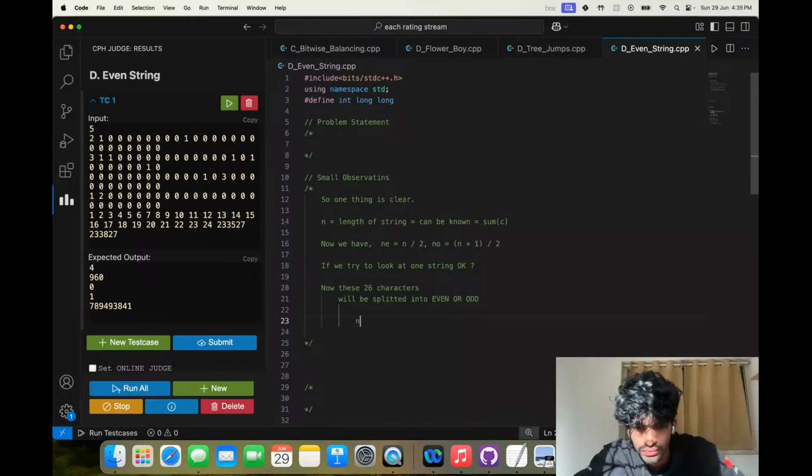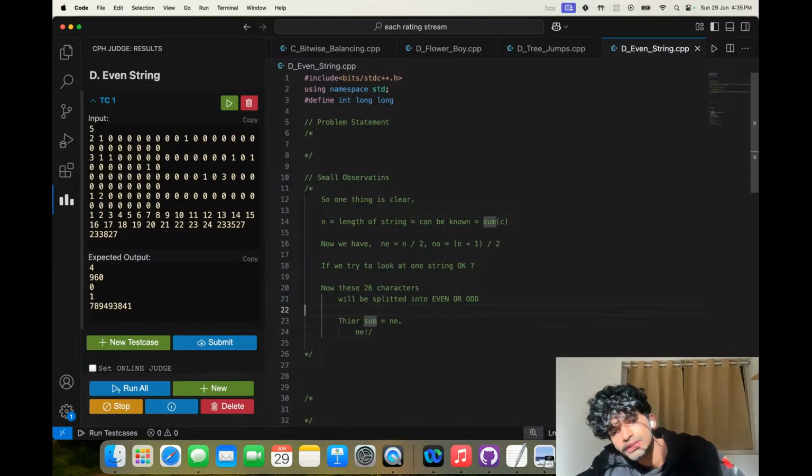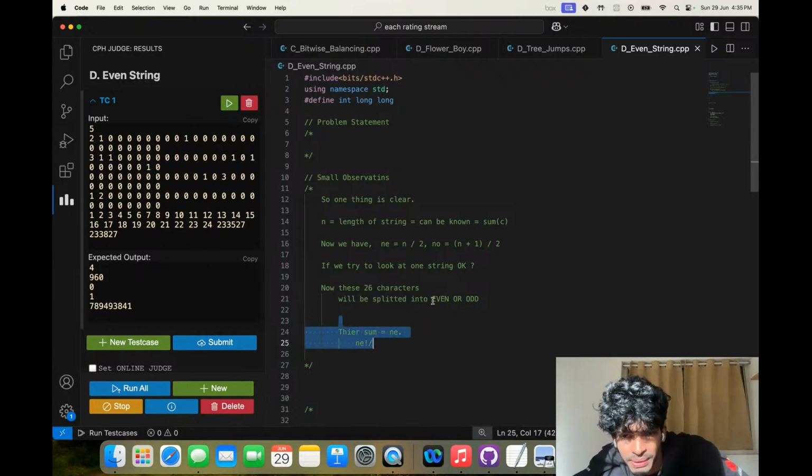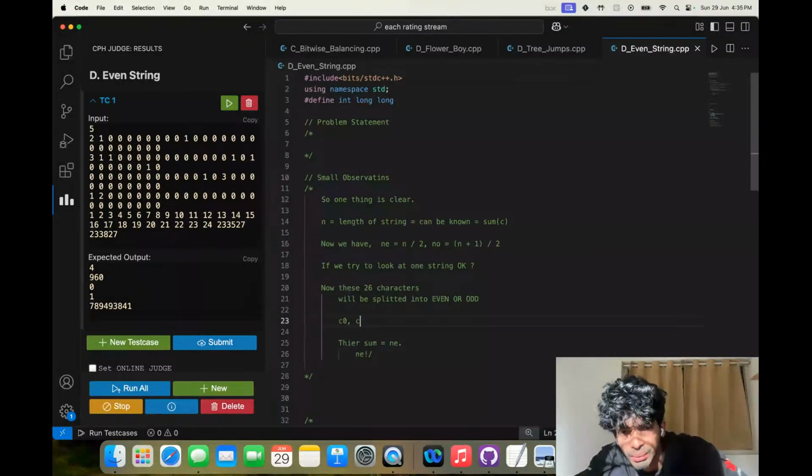Now it is NE factorial. We should split such that their sum equals NE. Then the answer is NE factorial divided by, let's say in one case, if you do this splitting, C0, C1, C5, C7 went into even indices and the rest into odd indices.